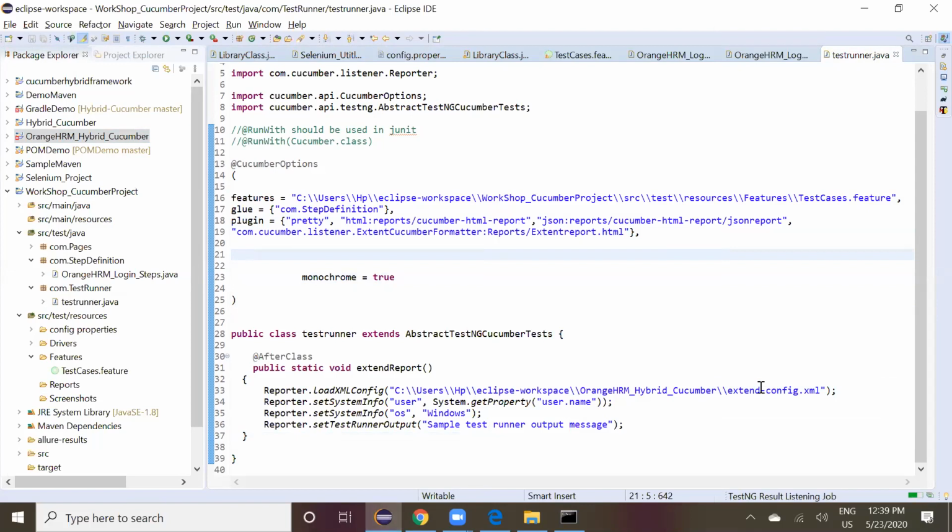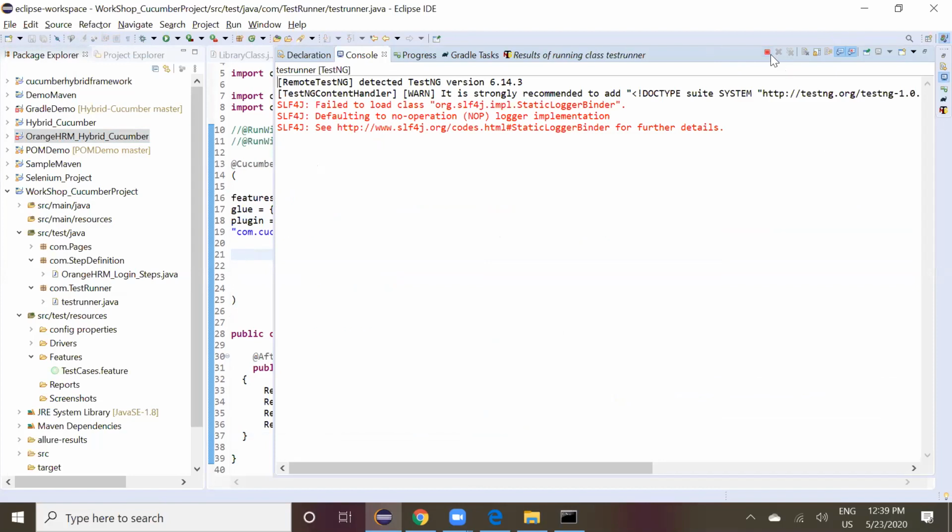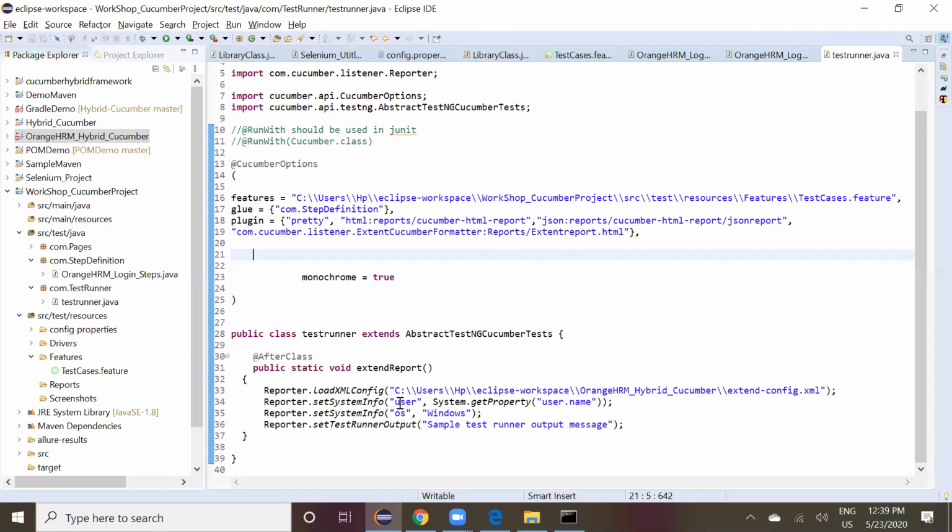Wait, Satish. Did you give the folder name properly? Wait, Pandya. The reports folder name, HTML report hyphen cucumber.